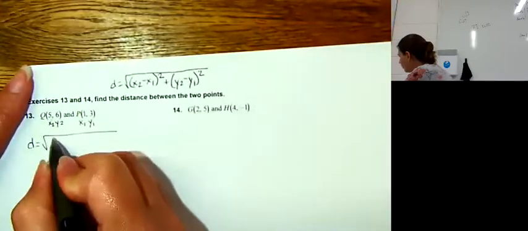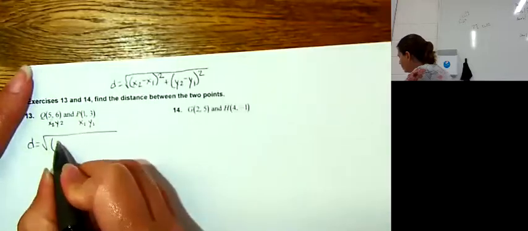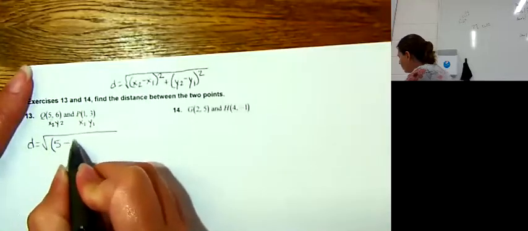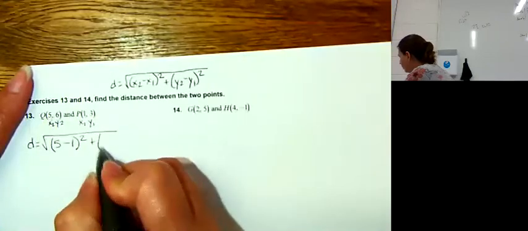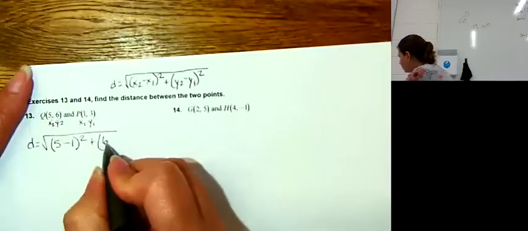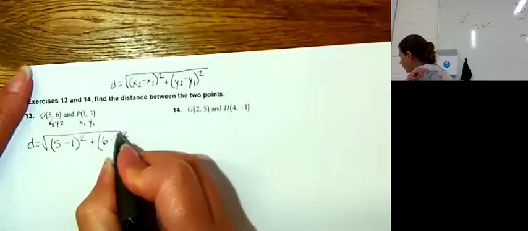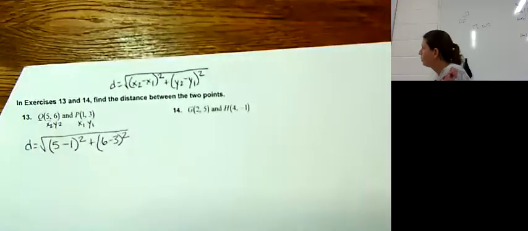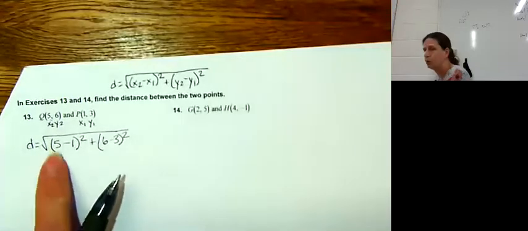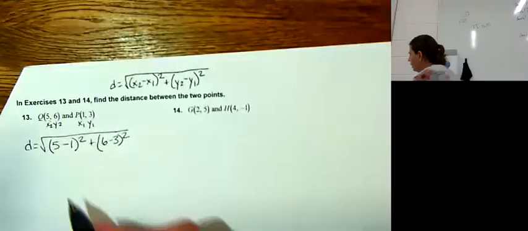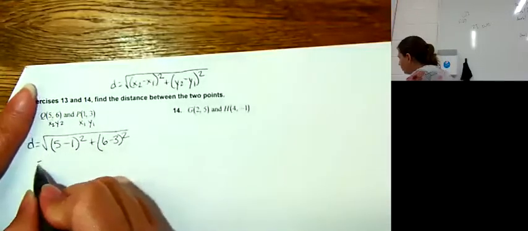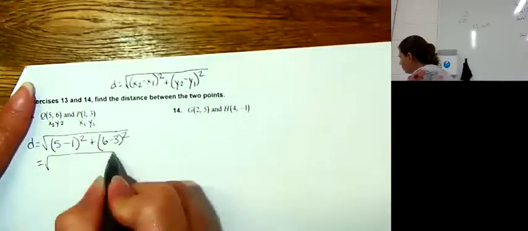but you can do it in whatever order you want to. So I'm going to find the difference of this. So I'm going to find 5 minus 1 squared. So the difference of my x's squared plus the difference of my y's squared. And a lot of the things that people forget is that you have to find the square root of this to find the difference of those since you're combining your x and your y's. And I always advise students, although you could do this whole thing in your calculator, to go ahead and step